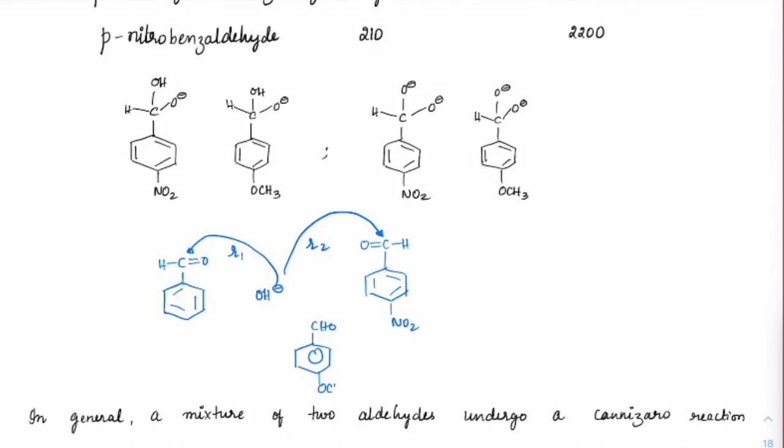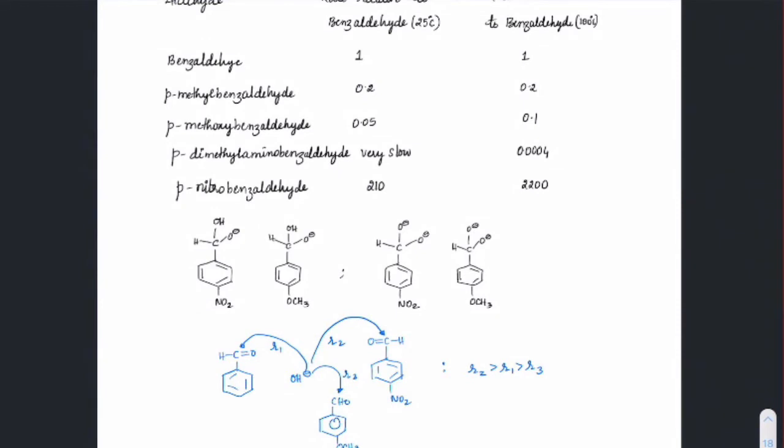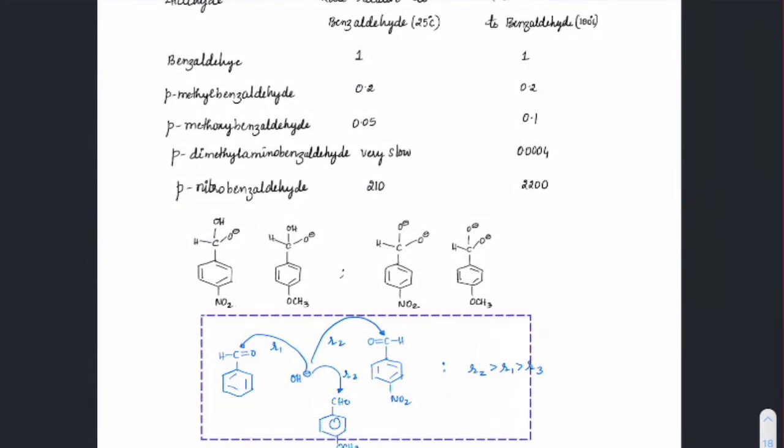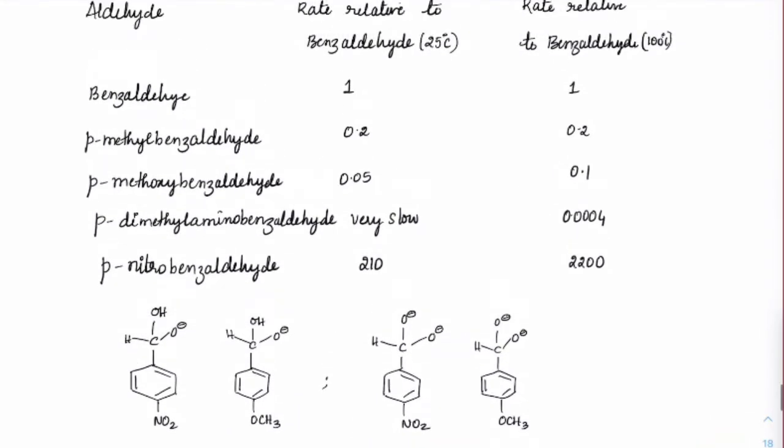which has a donating group like OCH3, and this is attacking on this carbon, which is rate 3, that would be even less because OCH3 is already a donating species. So if you consider how fast the reaction is happening, R2 would accept the nucleophile at a faster rate as compared to R1 and as compared to R3. Okay. So this is the rate of nucleophilic acceptance. But once a nucleophile is made, now suppose in two different reactions, if you are comparing which one will give better hydride shift, check the data once again.